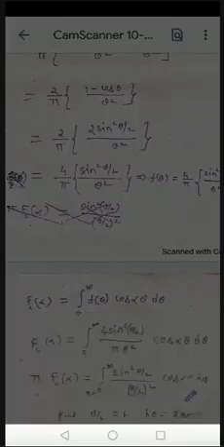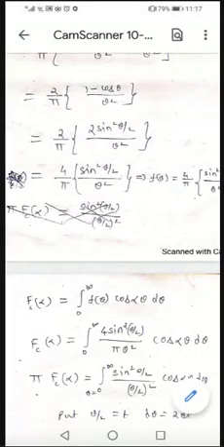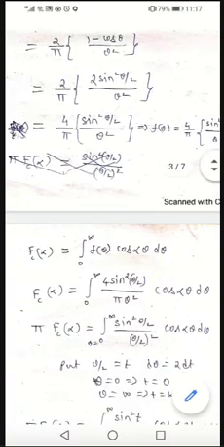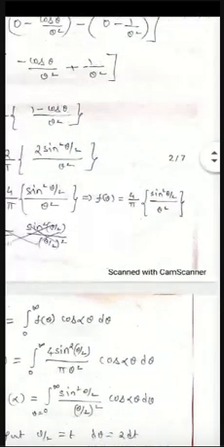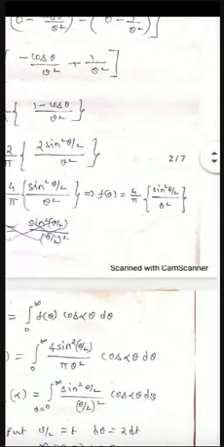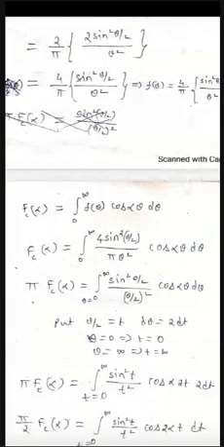In the place of Fc of u, you can recheck, Fc of u is equal to integration from 0 to infinity f of x cos ux dx, right? So this is the Fourier cosine transform we have. From the inverse Fourier cosine transform we got here, f of theta is 4 by pi sine square theta by 2 divided by theta square. You can substitute here in the place of f of theta, cos alpha theta d theta as it is.